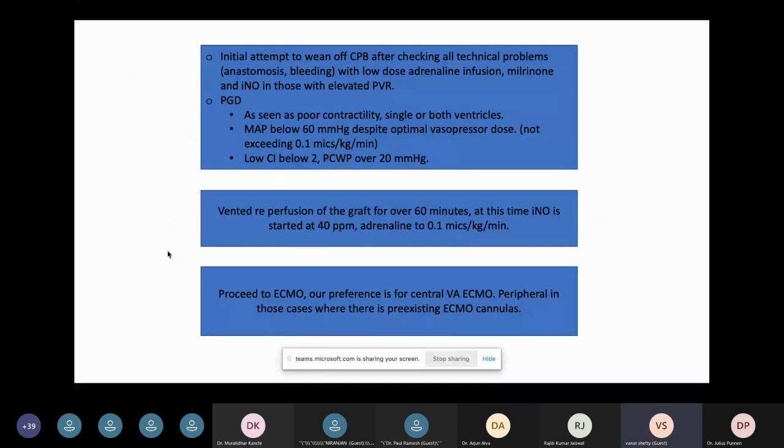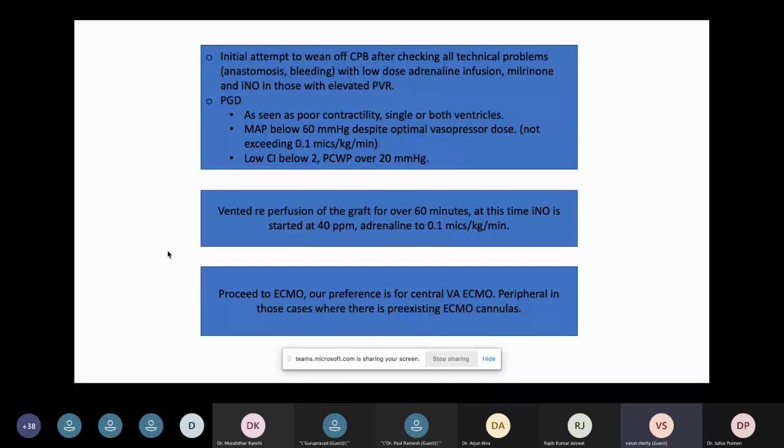Now, following the transplant, once the anastomoses are done and there is no problem with bleeding, we often wean off cardiopulmonary bypass with an acceptable dose of inotropes. Now, PGD will most commonly be seen as the right ventricle struggling, sometimes even both ventricles. And in spite of increasing the inotropes, the MAP continues to be below 60, and you have a low index or a high wedge. In that case, we go back on bypass, vent the left heart, and rest the heart